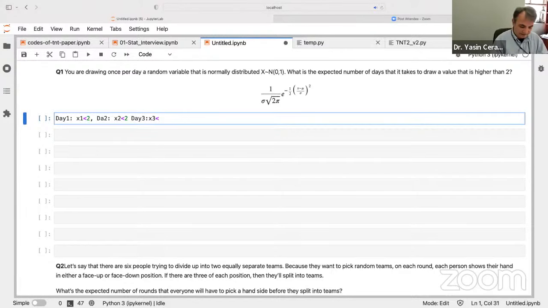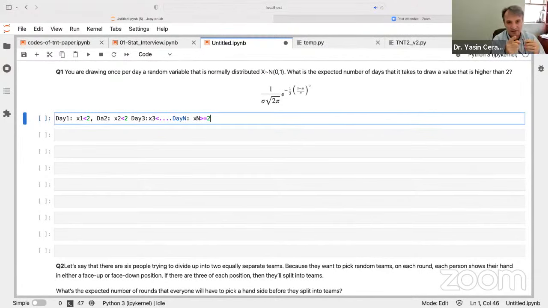Now, and then at some point, say day n, you picked the random variable, say xn, this is the nth number you are picking, and suddenly you realize that, oh, this is greater than or equal to 2. Then you stop. So the question is, on average, so that is why it says expected number of days, on average. So if there were 100 people, and each person is repeating this experiment, and then you just record how many days it takes for each person to get to the number, to draw the number which is greater than 2, how many days it takes for person 1, person 2, person 3, and then average those number of days for each person among 100 people, on average.